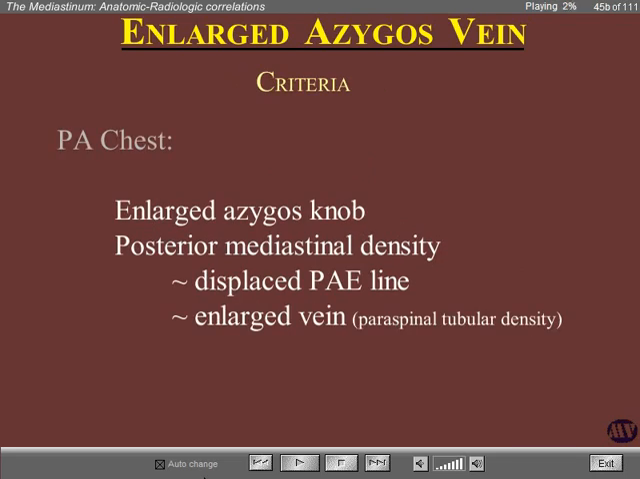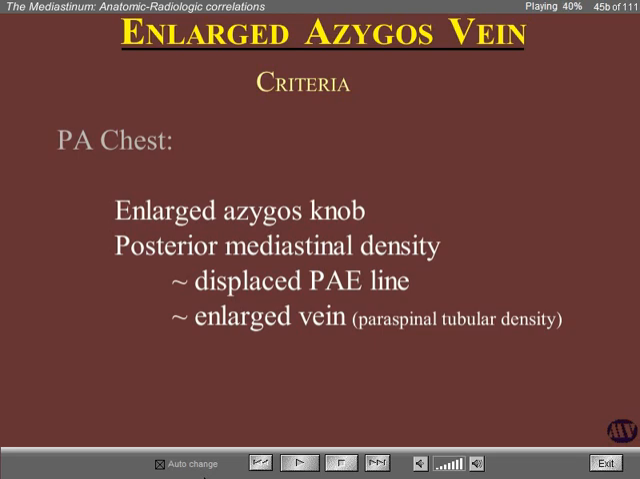The criteria to determine if the azygos vein is enlarged should be the presence of a prominent azygos arch in the frontal view of the chest and the possibility of seeing a tubular density behind the heart which displaces the pleuro-azygo-esophageal line and represents an enlarged vein. And that paraspinal tubular density represents the enlarged azygos vein, particularly seen in the entity called azygos continuation of the